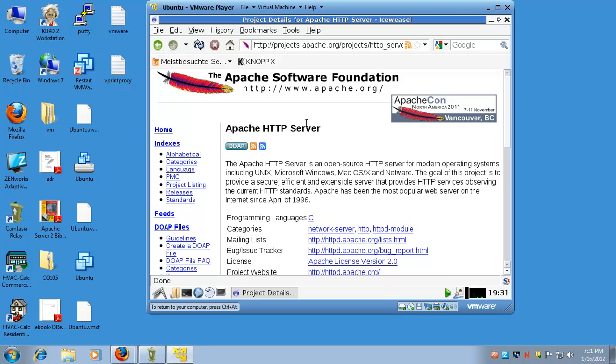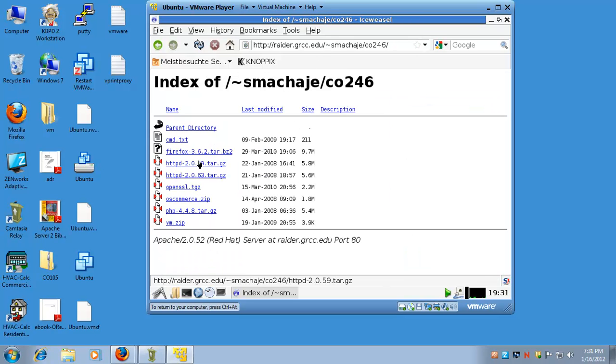But instead of us all hitting this website and causing them issues, and having to rely on network connectivity over many different hubs, which means that it could be slower, I actually stored resources for our class on the local server here, under CO246. These are local files, so they will be very quick in terms of download for us. Okay, so let's go ahead